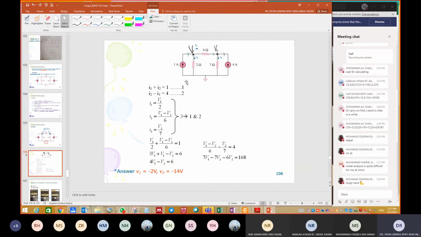Then the KCL equation at node 2. What is the current entering the node? I2 is equal to 4 plus I3. So here, I2 equals I3 plus I4, right? It is equal to this. So please rearrange so that the round number